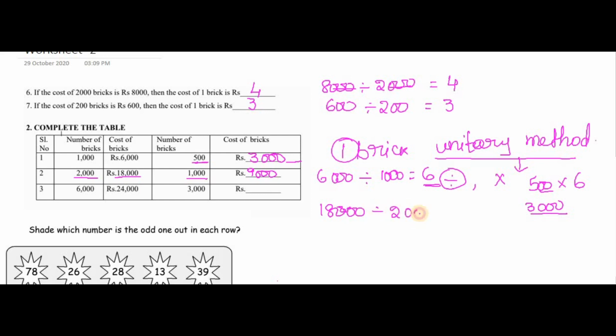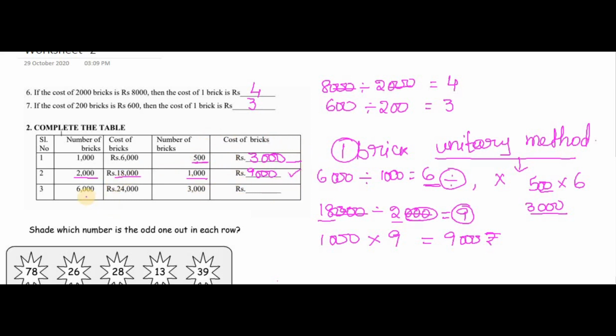divided by 2000. So just leave the zeros and check in the 2 table 18, when you get 2 9s are 18. And all these 3 zeros are the same, so we can remove those 3 zeros from your brain. So the cost of one brick is 9 rupees. And how many bricks do we want? 1000 bricks we want. So 1000 into 9 is nothing but 9,000 rupees. So that only we got. I just said it in two different ways.